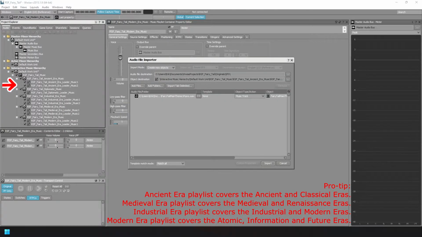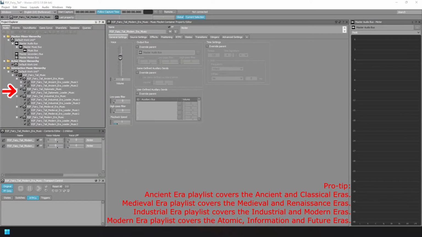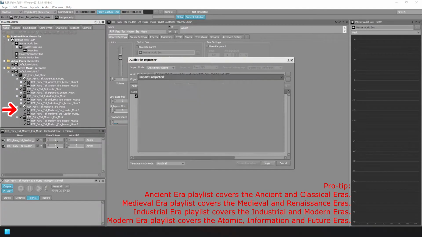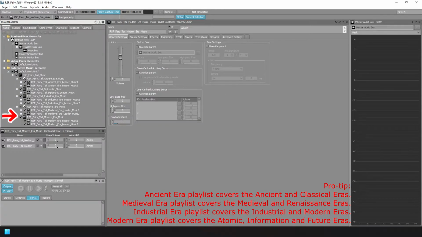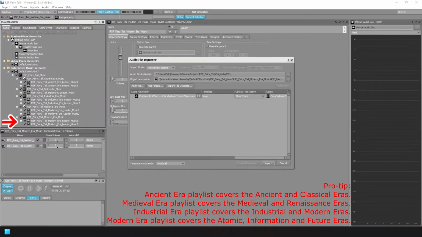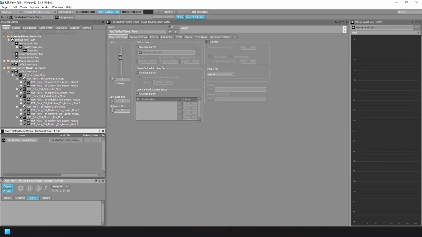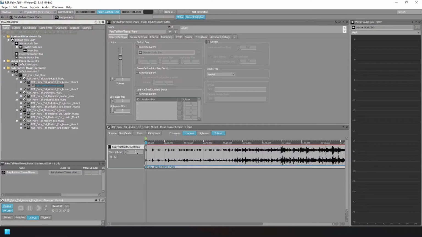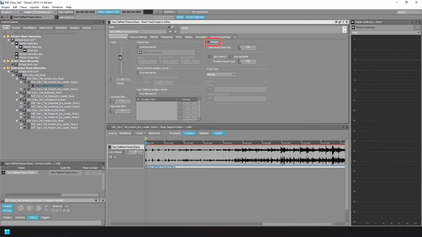Once done, you drag and drop one music file from your Windows Explorer into each of the music segments. I'm pulling them from a folder on my second monitor, so you won't really see much of it, but a little plus icon appearing next to the music segment will indicate it contains a file. Then you switch layouts to interactive music and go to a music file you've added. Make sure stream is checked, otherwise it won't be loaded into the playlist.